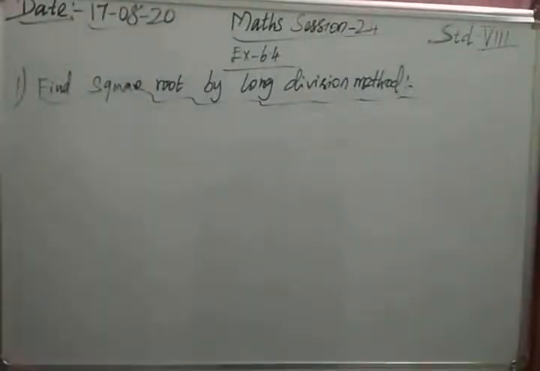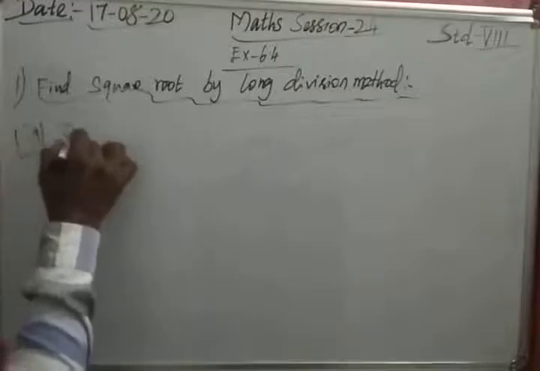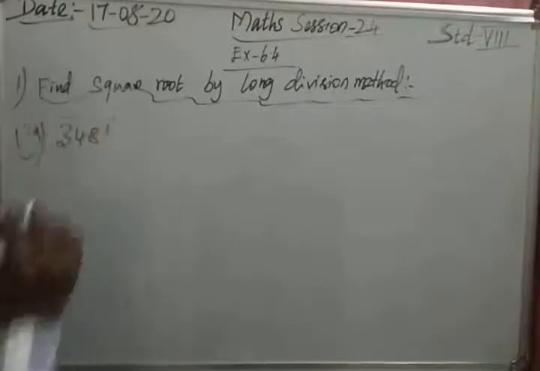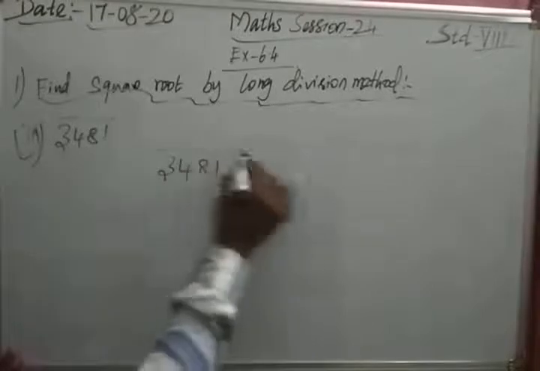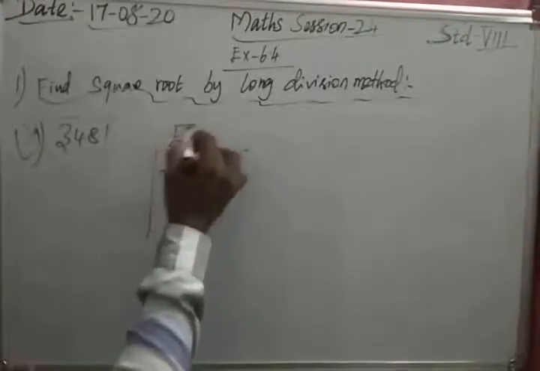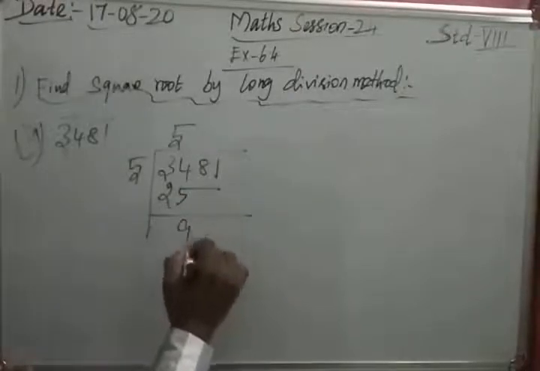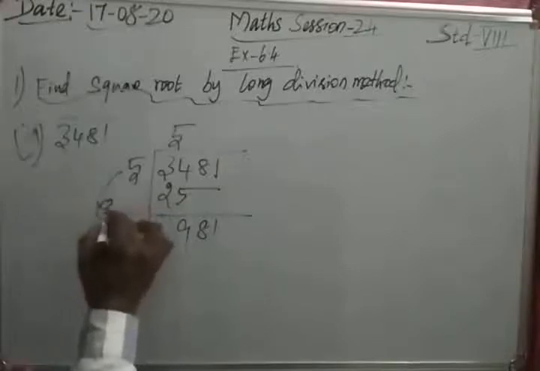Third question, that is 3481. Here also we can do the bar value like this. Then you can go for the long division method. Now you all have understood very properly. Now in 34, which other number is there? 6 6s are 36 is coming, so we have to take the previous number, that is 5 5s are 25. Balance here 5 9 8 1. So here multiply by 2, 10.